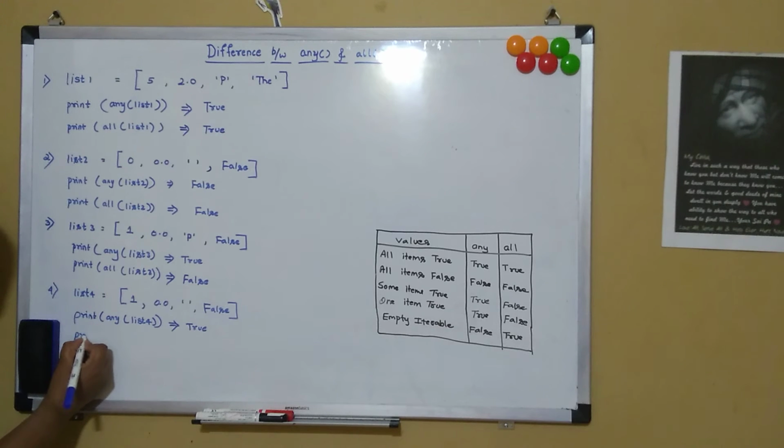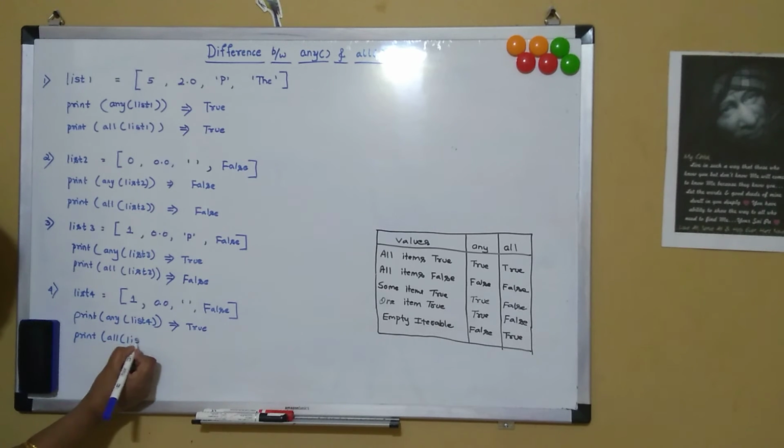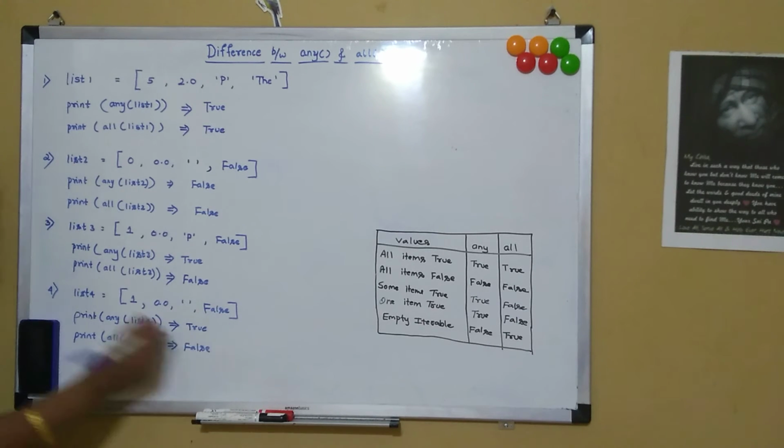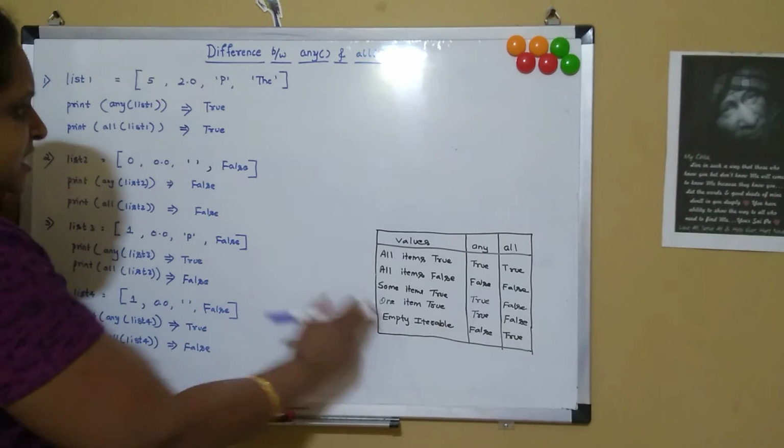And now if I say print all of list 4, it returns the Boolean value equal to false because all the values do not evaluate to true. And now if we take an empty iterable,